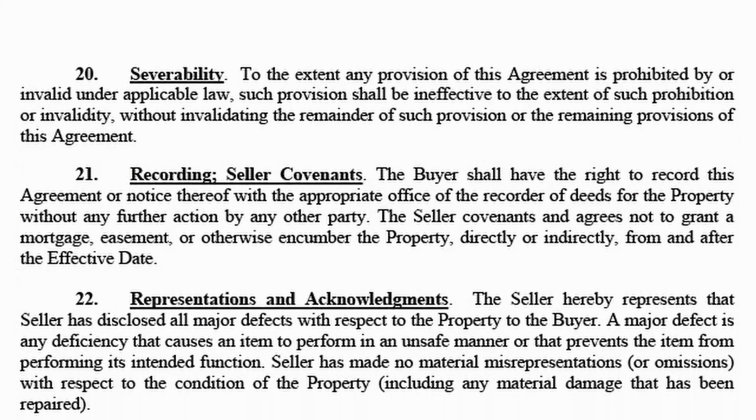Okay, section 21. This is one that is different if you're on the buyer side versus the seller side. So if you're on the buyer side, you want this agreement recorded. And why is that? Because you don't want the seller to be able to sell the property to someone else. You don't want them to be able to vest rights to someone else. And so in this situation, you want to be able to essentially tie the seller up, cloud title, so that this property cannot be sold out from under you.